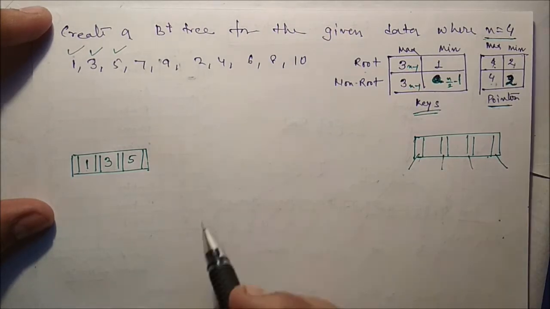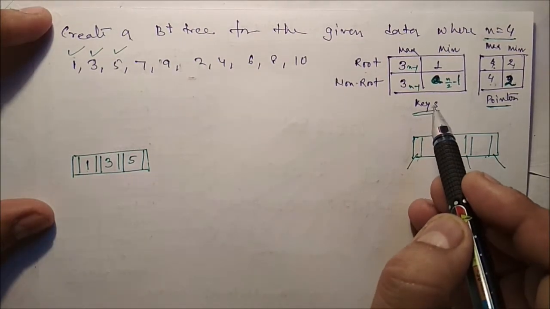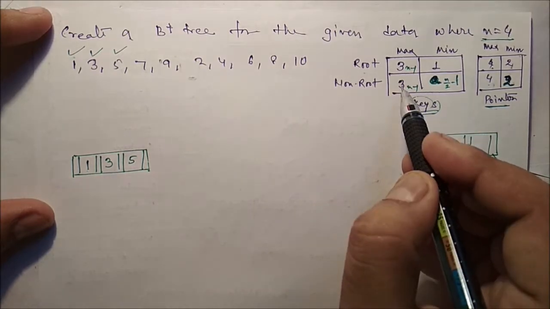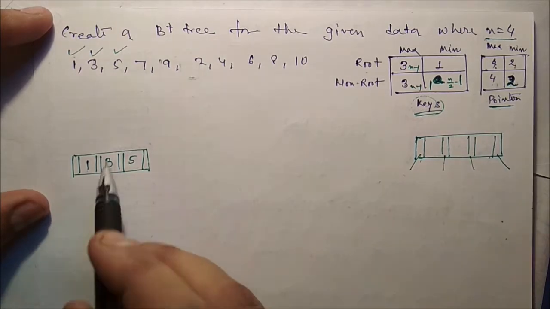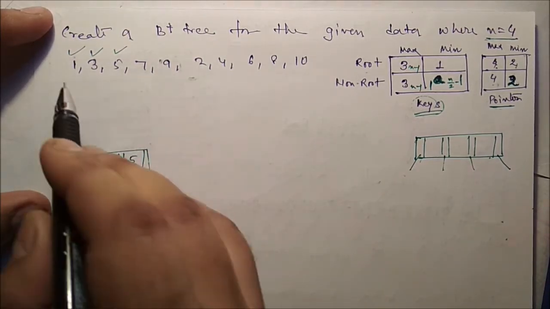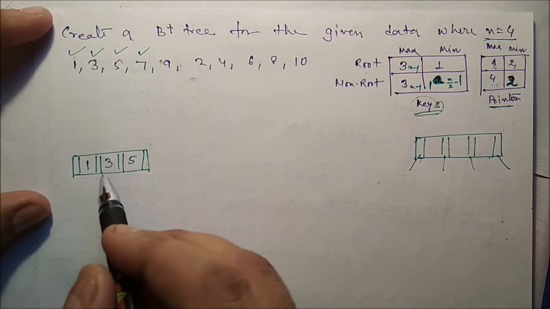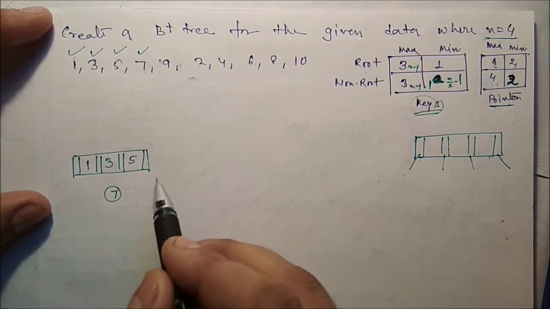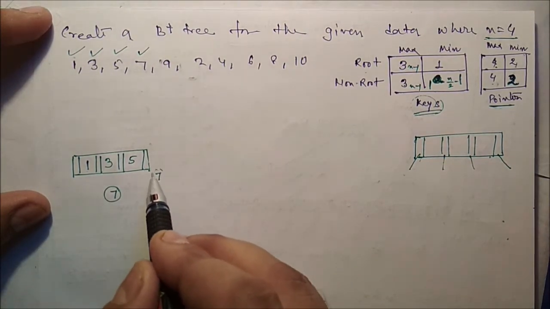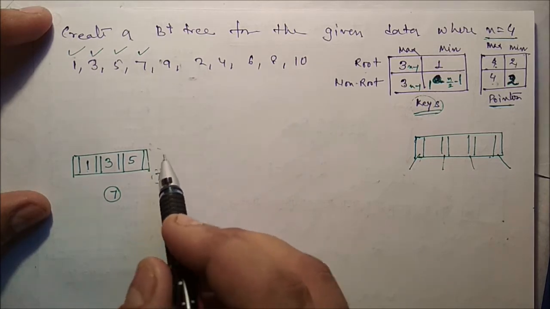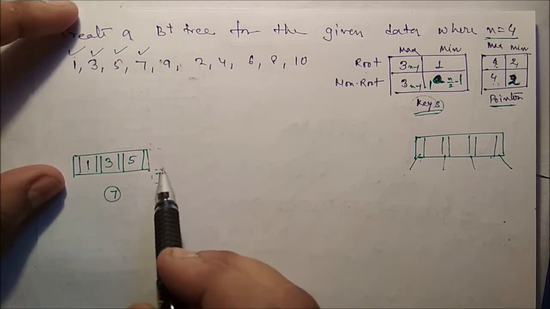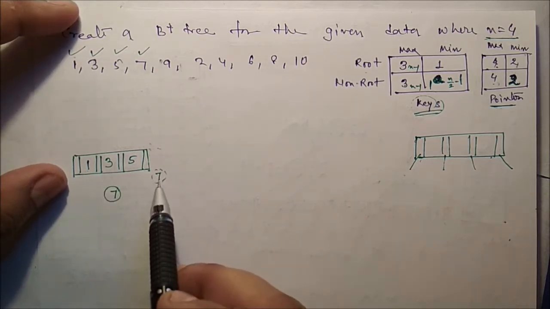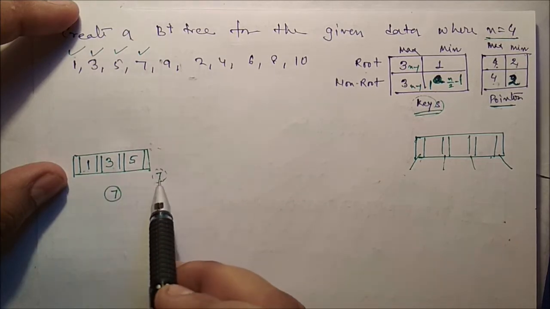Now it is full. You can see the maximum number of keys it can hold is 3 and the minimum number of keys it can hold is 1. Now it is full, and 7 will appear here. If 7 appears here, that means 7 will be somewhere here. Are you getting this? If it is somewhere here, generally we have to identify the median value. If only four data are there including this 7, so 1 3 5 7, what is the median value?